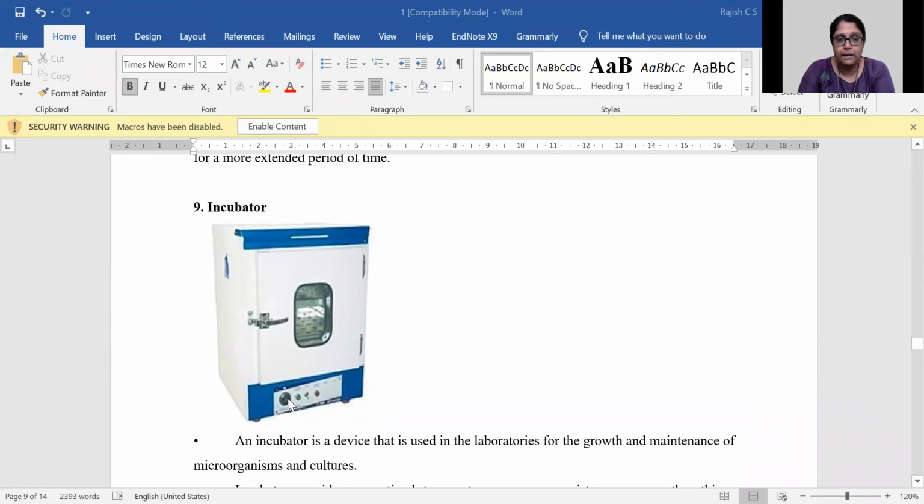So what I'm showing you here is an incubator. It will have a temperature setting, a shaking setting, and a light setting. If you are having an algal culture, then you could also provide light, because algae require 12 hours of light and 12 hours of dark period. So you can provide light, shaking, and the ambient temperature. Since you will be dealing with cotton-plugged flasks, the cotton itself will provide filtered air into the conical flask. So aeration as such will be provided due to the agitation that is happening over there.